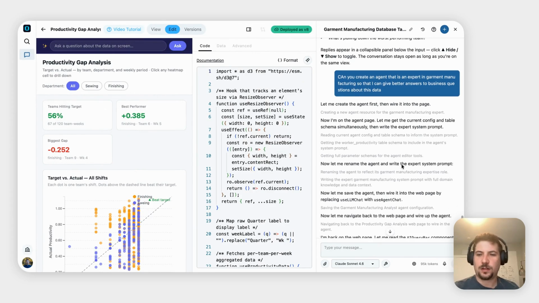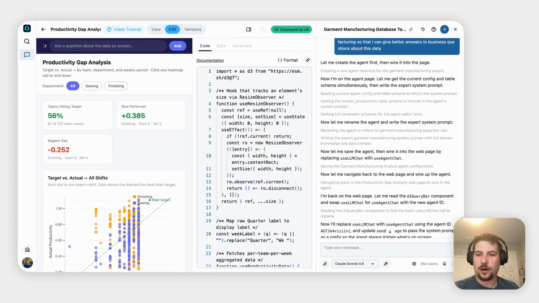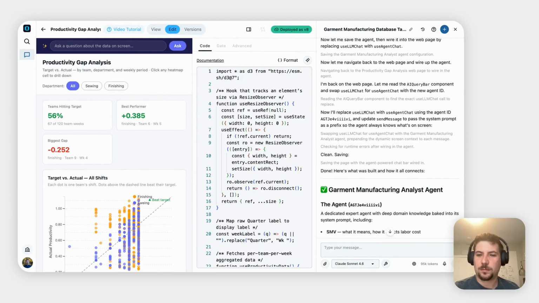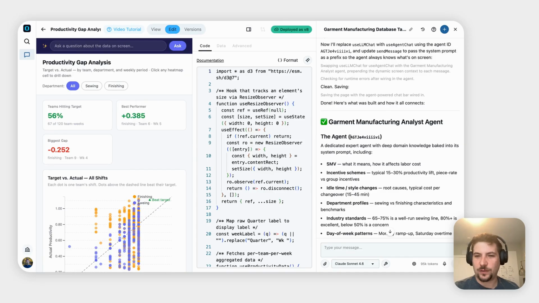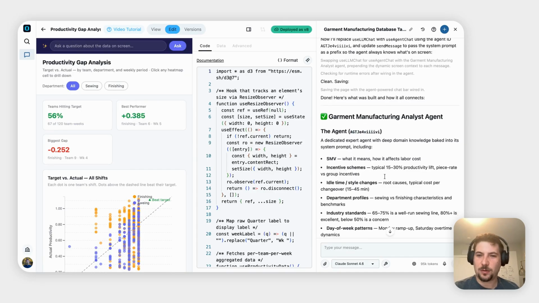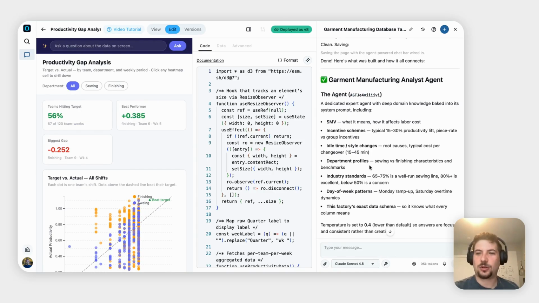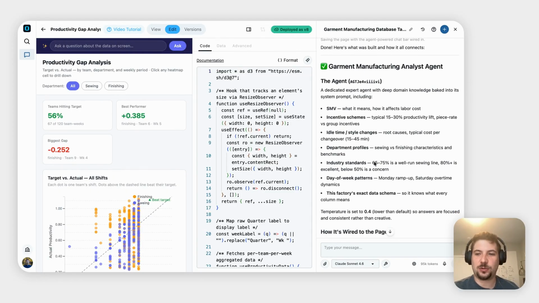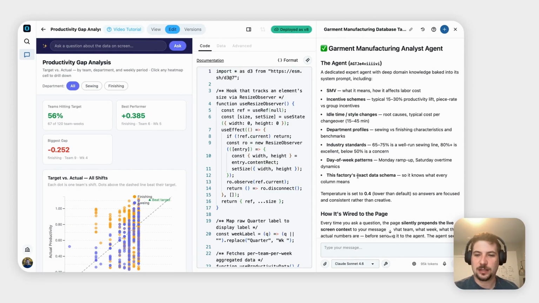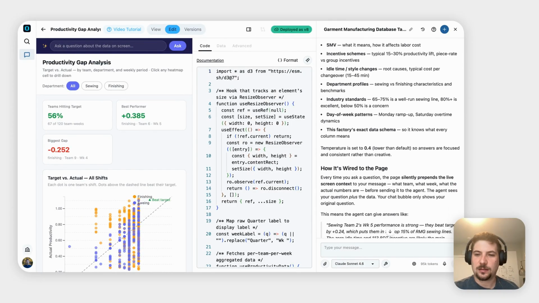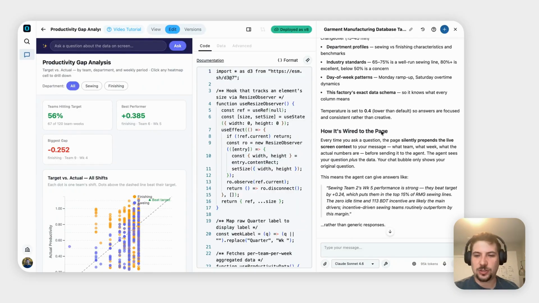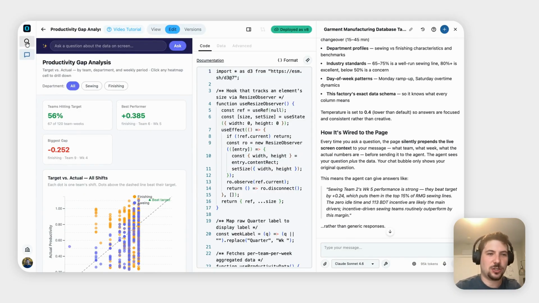We have, let me save the agent, wire it to the web page. Yep, the agent gives the ID of the agent. We'll come back to this in a moment. But it describes why this is advantageous over just directly typing into an LLM. This is nice, how it's wired to the page. Yep, that's fine. Okay, let's look at the agent just to confirm that it was built correctly, but I'm sure